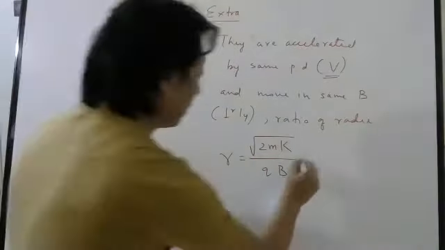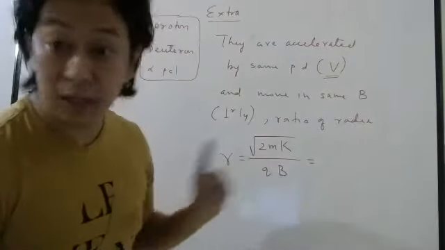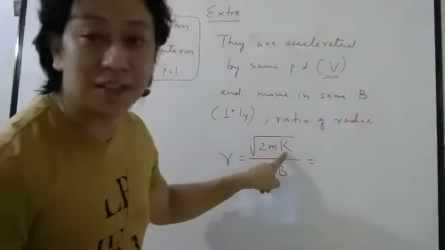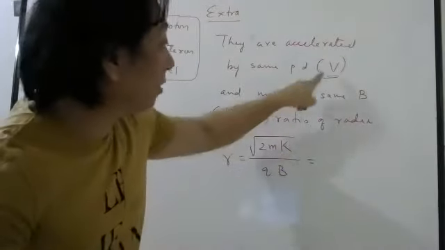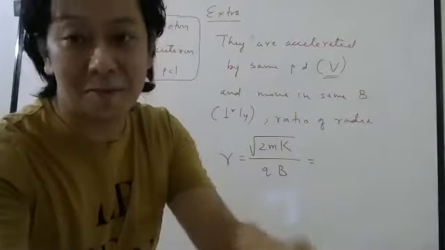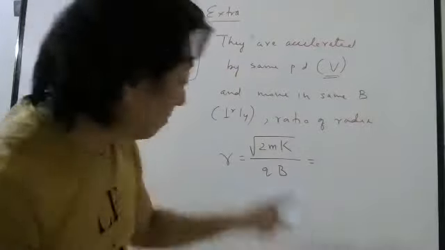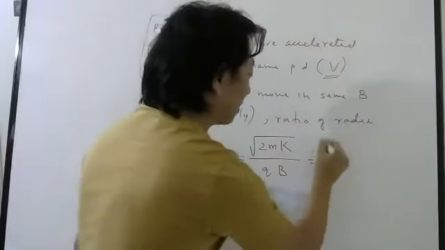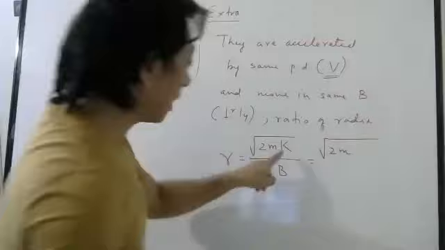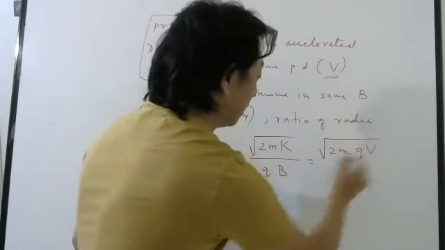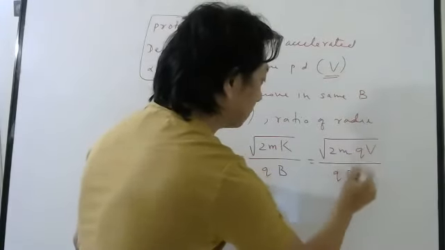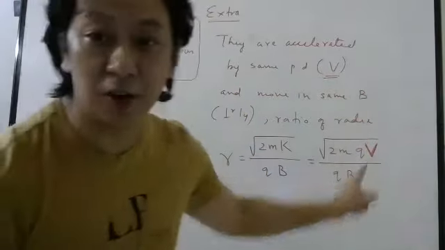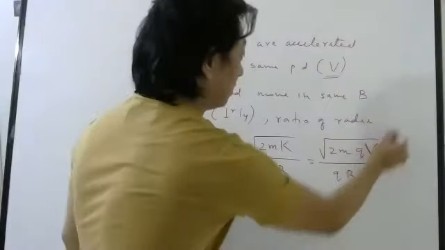Okay. Now here you cannot use this formula in this question. Why, sir? Because in this formula they did not say kinetic energy is same. What they said is same is the voltage which accelerates them, the voltage which gives them this kinetic energy. So you have to write this in terms of root of 2m. What is kinetic energy? Q into V, so divided by QV. Please write this capital V, otherwise you may think it is velocity. So this is potential difference.